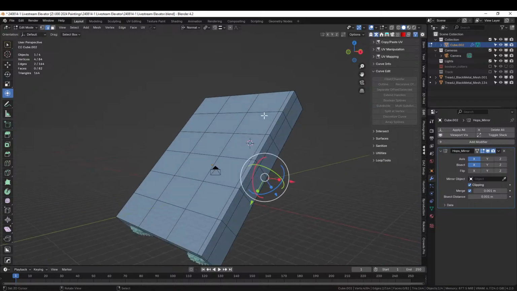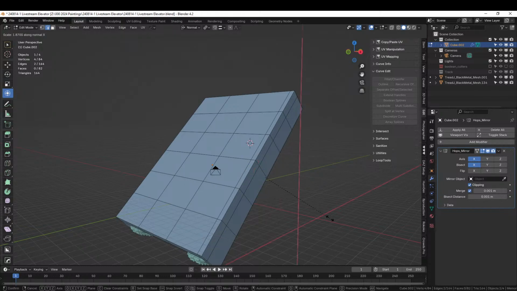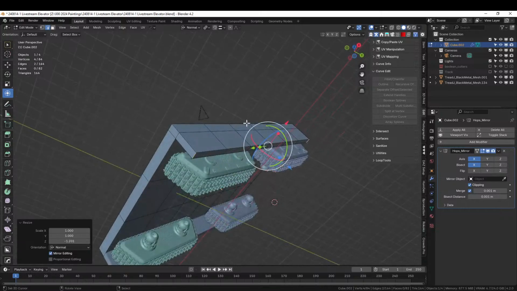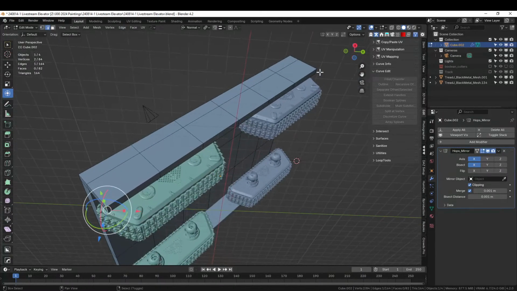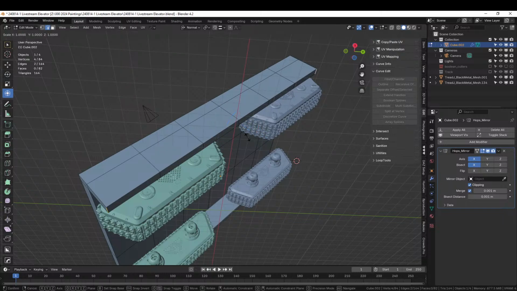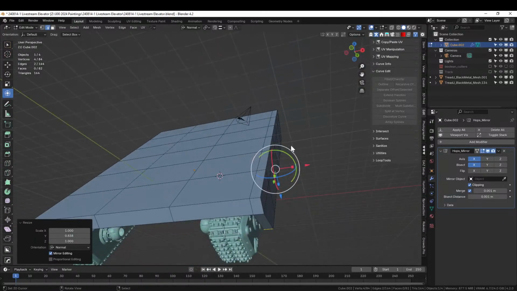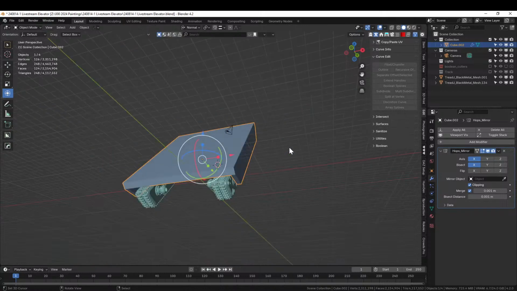Interesting. It's being very strange. There we go. Be that way. Okay, so there's our